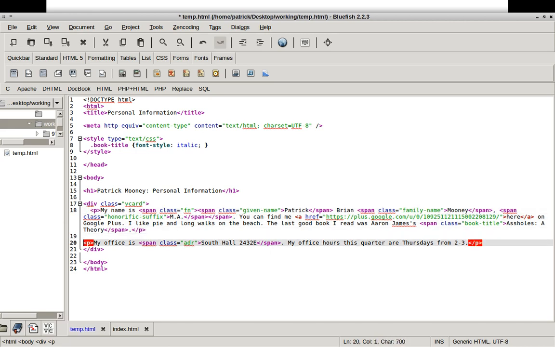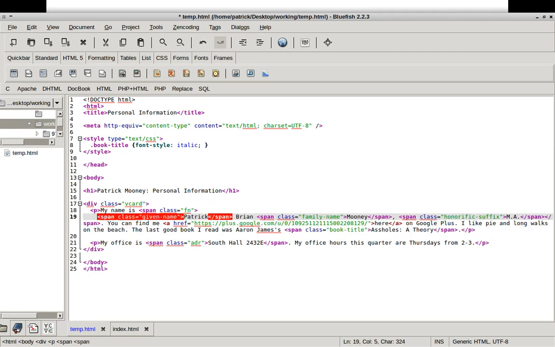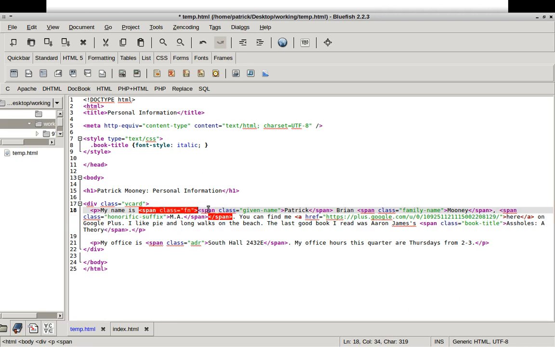And again, typically, when I'm writing my own code, I indent inside of divs. So what I do here is I'm opening the FN span, and what I might do as I'm writing that, or if I'm trying to debug it, is,